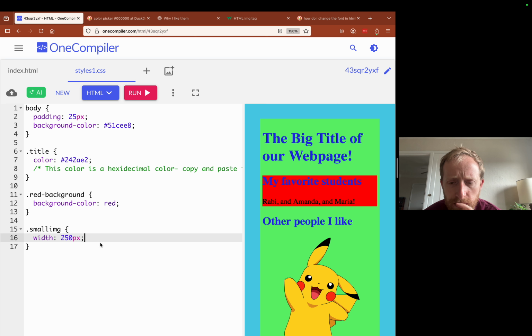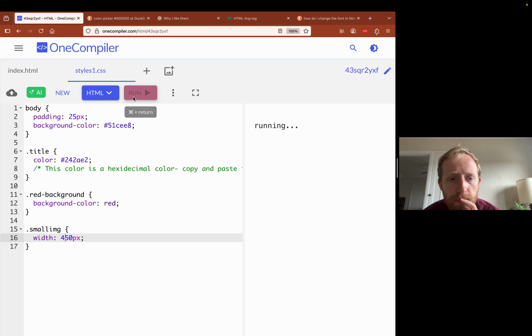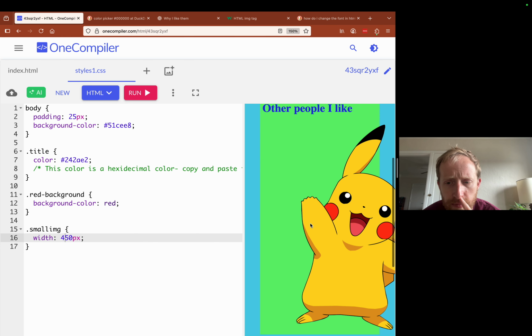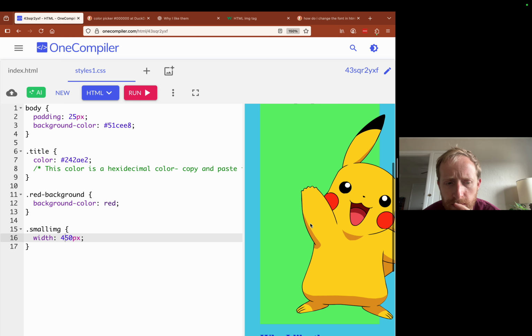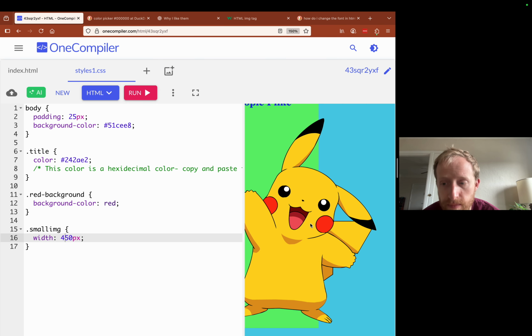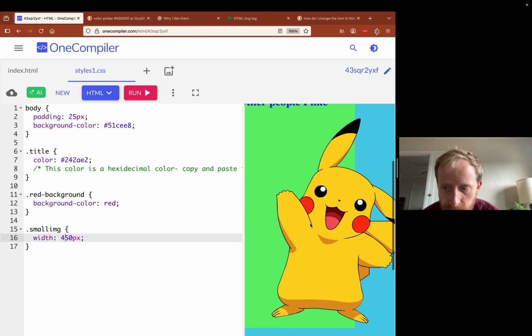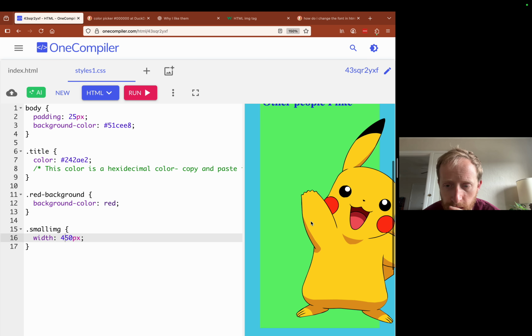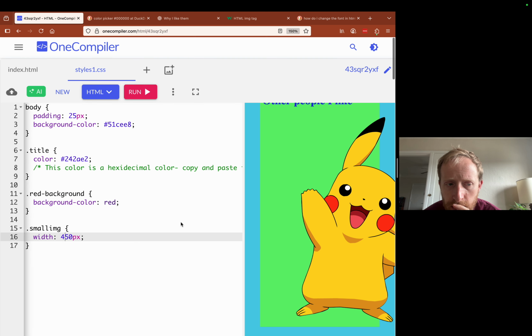But if I increase the width to like 500 pixels or 600 pixels, it will just overflow that div. So if I give more width, then how can we manage that image with the div?